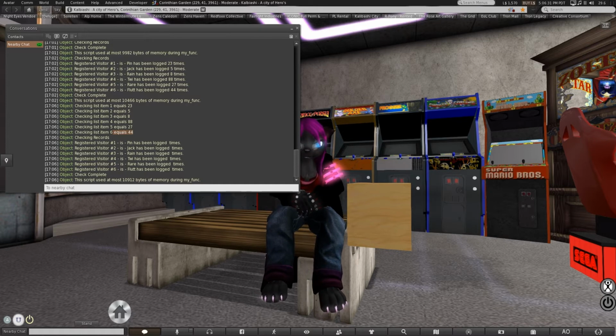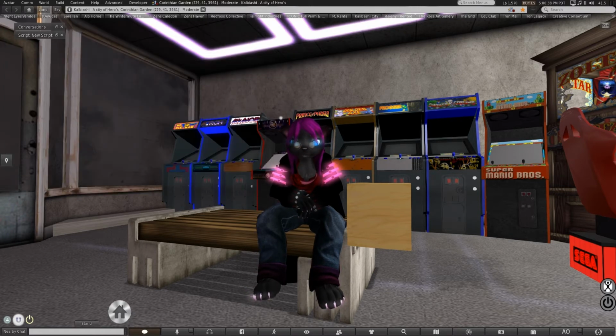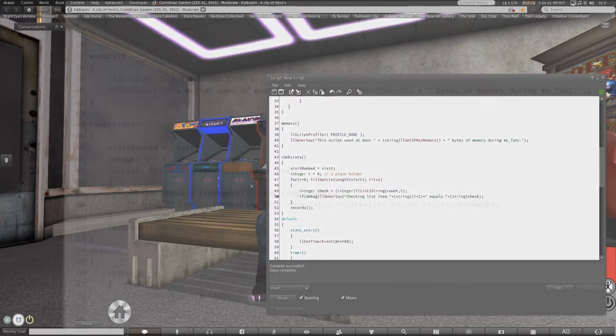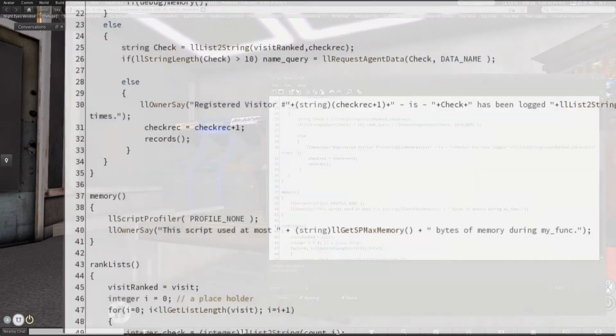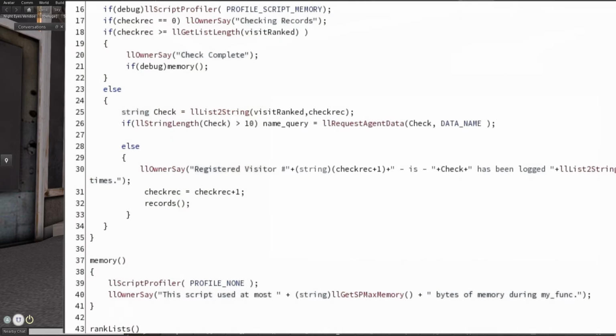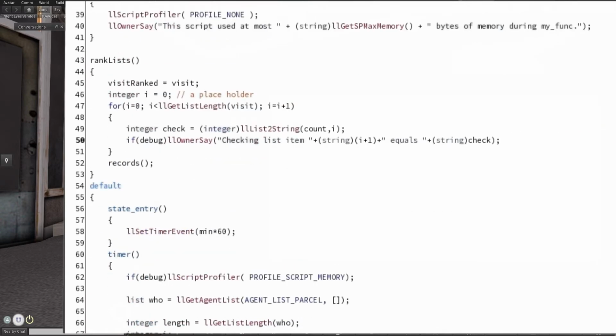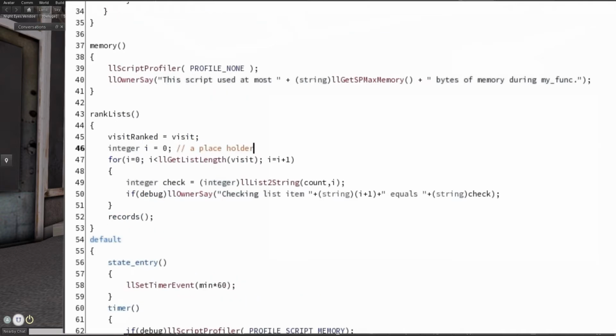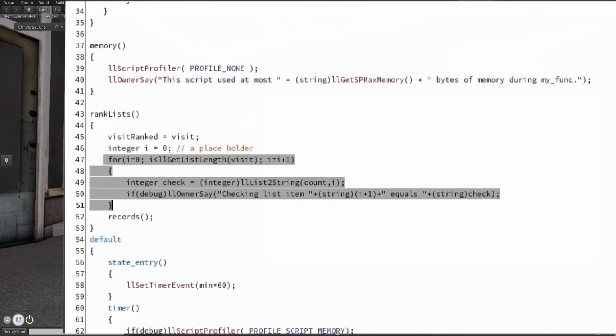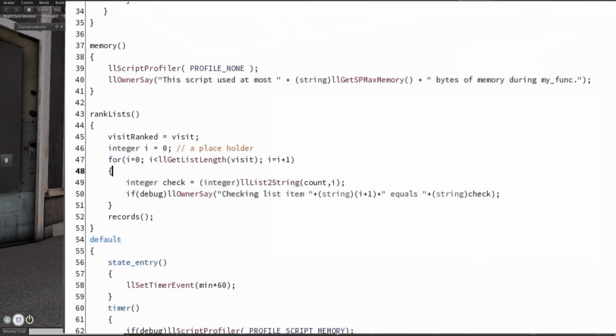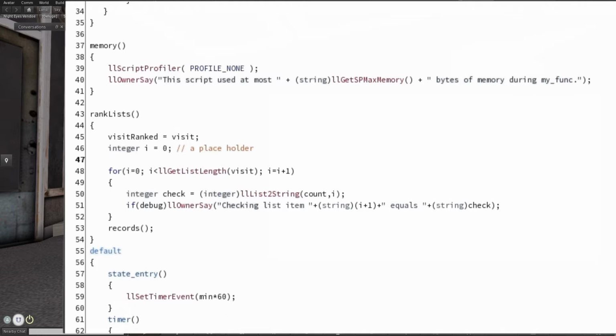So the next thing we're going to do is we're going to compare the entry it's checking versus the entries that are available. So, there we are. The way we're going to do that is first we have something for it to compare to. Now, if we put the setup for that inside this for loop, then it'll keep iterating it every time it goes through this loop. We don't want to do that. So we want to put this outside the for loop. We're going to do that with